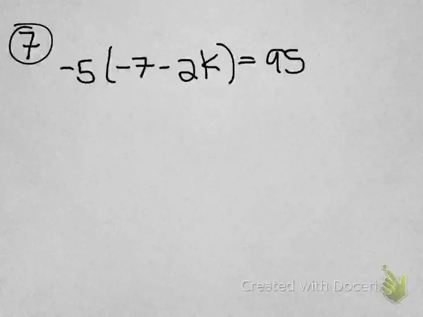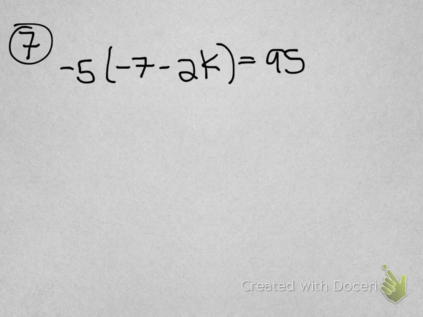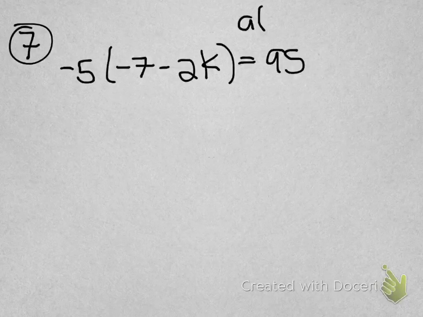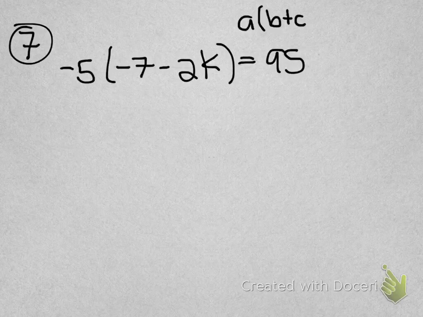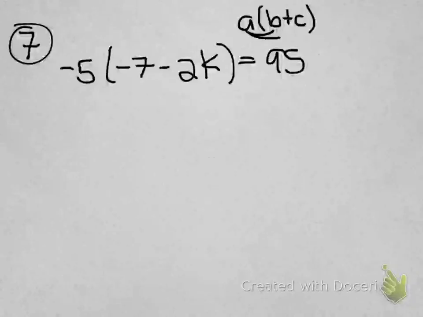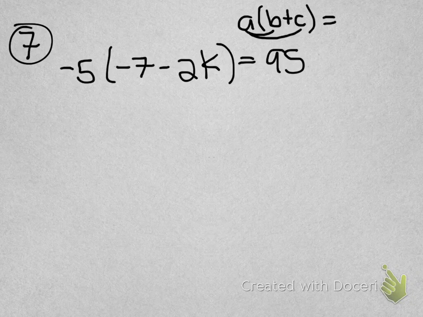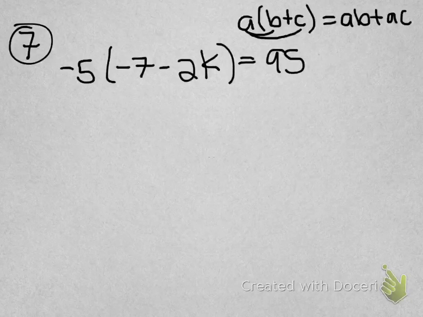All right, now we're going to do question number 7, 8, which are multi-step equations. Both of these problems use the distributive property, which gives us a times b plus c. We can take this a and distribute it to both of those, and a times b plus c is the same thing as ab plus ac. So we can multiply the a times the b and the a times the c. You have to have multiplication and you have to have addition inside of this parentheses, or subtraction, for this to